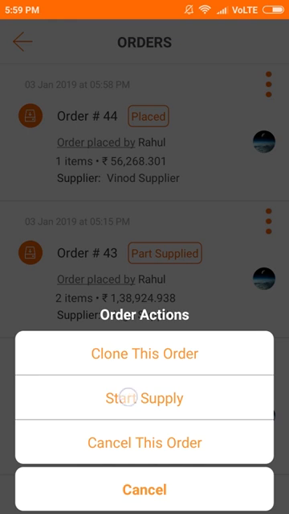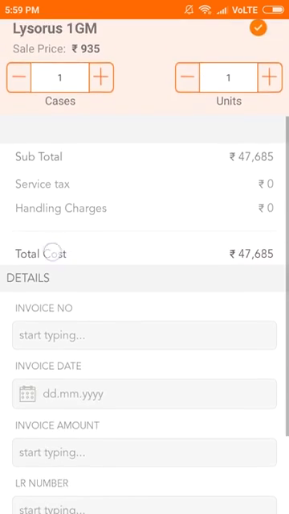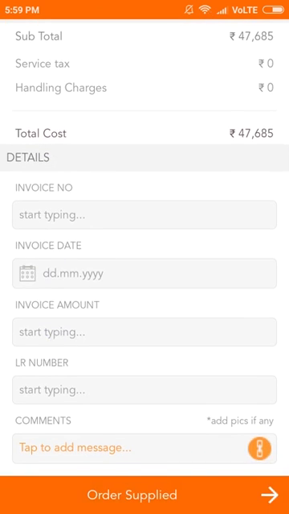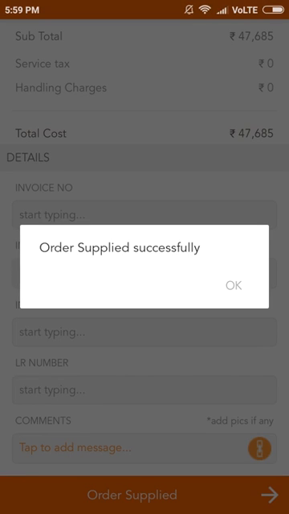Click on start supply. You can select products to be supplied. It can be part supplied or fully supplied depending on availability, and add invoice details. Add comments if any and click on order supplied. Hence, supply activity is performed.